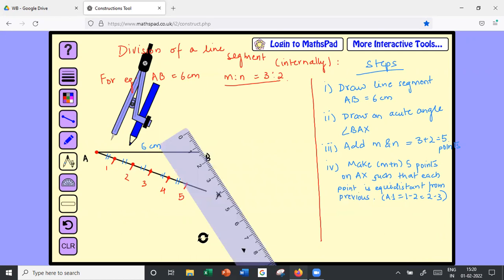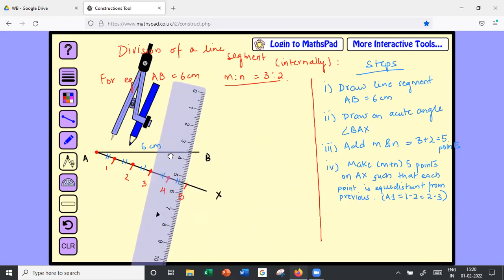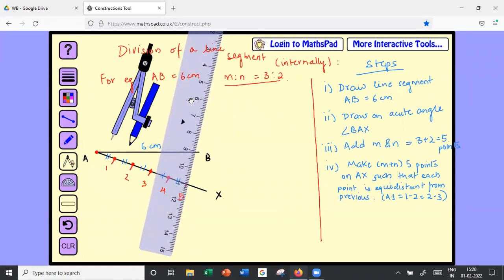Again, I might take some time to do it. Next to point B. No, not point B, anywhere on the line. Just make sure it's a straight line. Just a second. Yeah, you have to join B. Sorry, my bad. I got a bit confused. Yeah, Puneet, you are right. You have to join this point B.